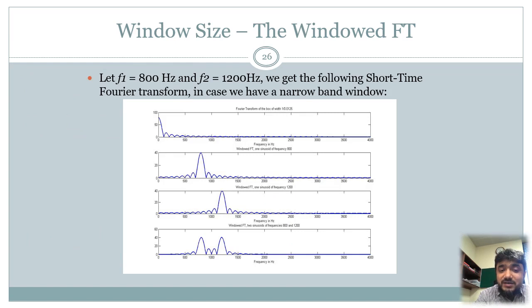So here you have it. F1 is equal to 800 Hz, F2 is equal to 1200 Hz. ये आपके पास शॉर्ट टाइम जिस वक्त आप इसका फोरियर ट्रांसफॉर्म लेंगे विद अ नैरो बैंड विंडो, यानी आपने वाइड टाइम विंडो यहाँ पर यूज़ की है। तो वाइड टाइम विंडो यानी नैरो बैंड विंडो यूज़ करते हुए ये विड्थ जो इसकी है विंडो की, ये भी आपके पास यहाँ पर नीचे लिखी हुई है। इस विड्थ के साथ जब आपने विंडो यूज़ की तो यू कैन क्लियरली सी कि ये एक लोब आ गया, एक पीक आ गई आपके पास 800 हर्ट्ज पे, दूसरी पीक आ गई आपके पास 1200 हर्ट्ज पे।